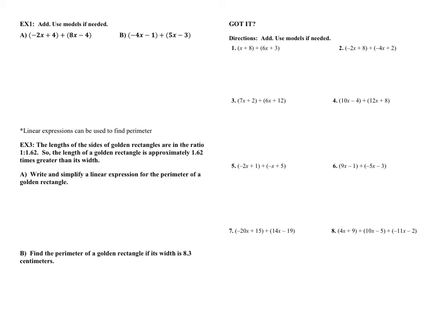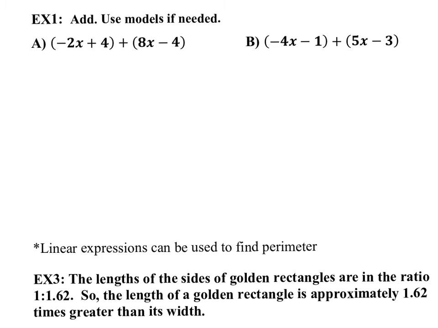Go ahead and turn your notes over to the back side now. Now, for example 1, letters A and B, you can use either the simplifying method or the modeling method. It is your decision, or you can use both. That is entirely up to you. However, modeling always works best when the numbers are smaller. So when a number is too large to use the tiles, then you probably should just use combining like